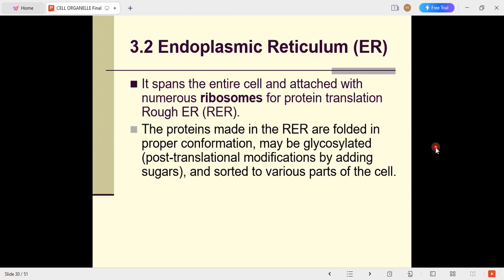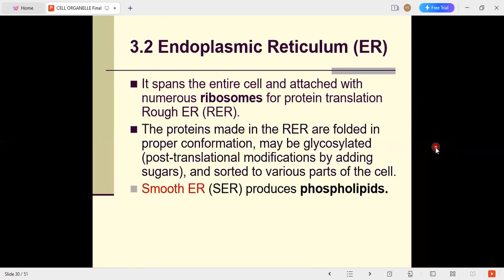The proteins made in the rough endoplasmic reticulum are folded in proper conformation, and may be glycosylated in the step of post-translational modification by the addition of sugars, and then they are sorted to various parts of the cell. However, the smooth endoplasmic reticulum is generally used for the creation and storage of the lipids